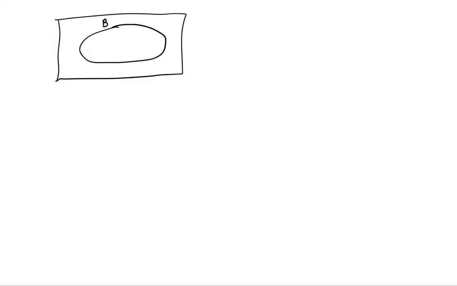So what we can do is, let's say we have this type of division: event A1, event A2, event A3, event A4. We don't have a direct way to find the probability of B, but we have a division. From here, we can say that we have a four-part division. With the help of this four-part division, we can find the probability of B. So for B, we can say B intersection A1 union